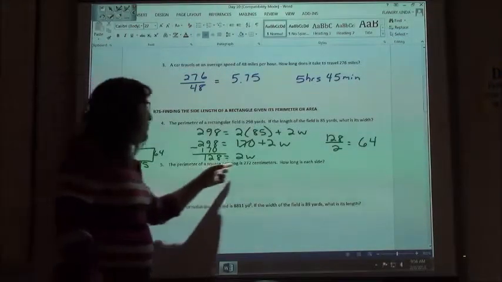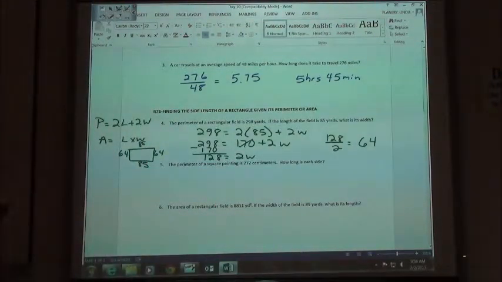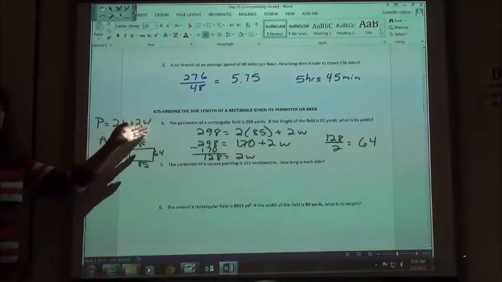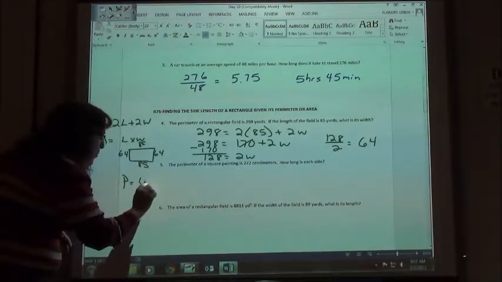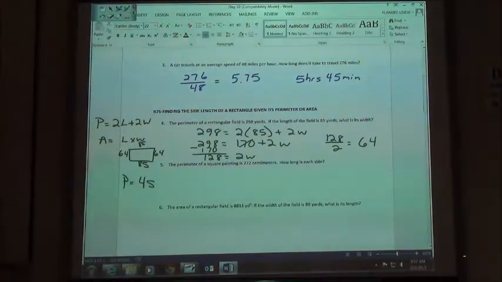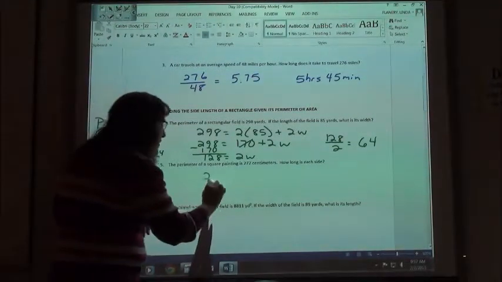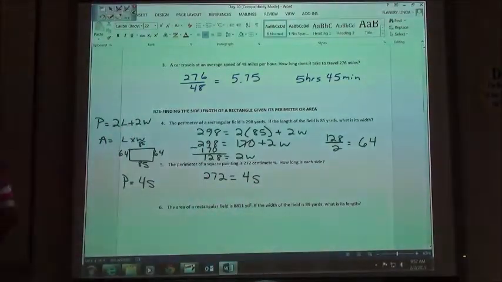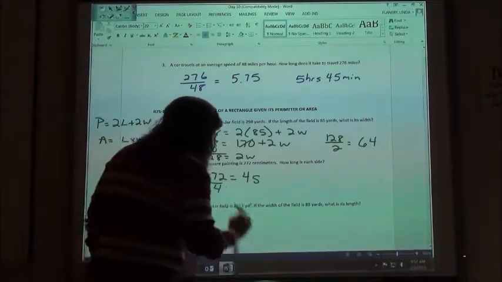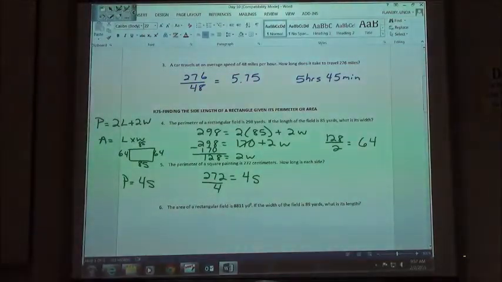The next one says we have a perimeter of a square painting. When we have a square, our lengths and our widths are the same thing. I have 4 sides, so the perimeter of the square is 4 times the length of one of my sides because they're all the same. So if my square painting is 272 centimeters and I want to find how long each side is, all I have to do is divide by that 4, right? And so if you take 272 divided by 4, you get